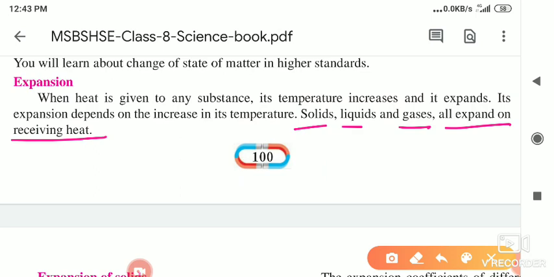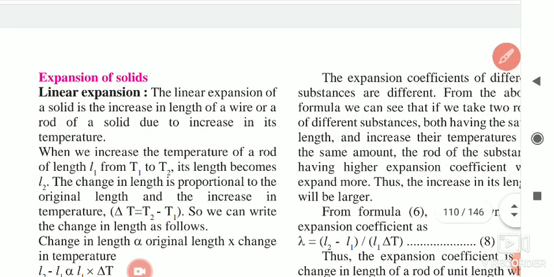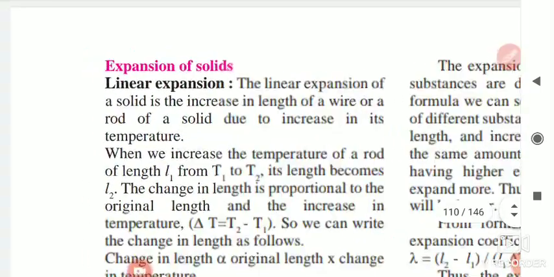As you know, in summer days the tires and tubes of vehicles break. The reason behind it is that the gases present in the tube and tire of the vehicles expand, and if there is less space, they exert pressure on the tire and tubes, and due to this pressure the tire and tube burst. So gases expand, liquids expand. I told you the example of solids before, that is the coin example, and liquids also expand when we provide heat to them.